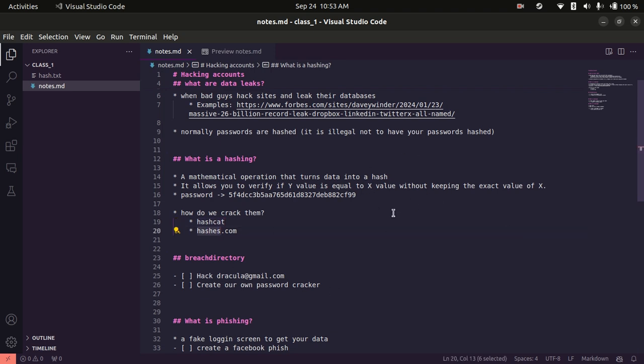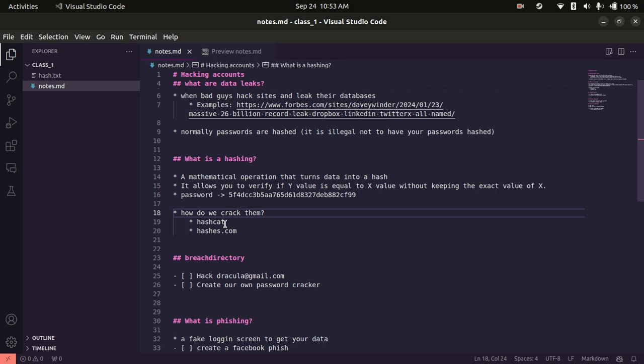The other one is hashes.com, which is a website where you can just put a hash, and if it is in their database, it will tell you what the hash is. I don't know if they use rainbow tables or something. That's another thing that I'm not going to cover because I don't have any rainbow tables. They are very